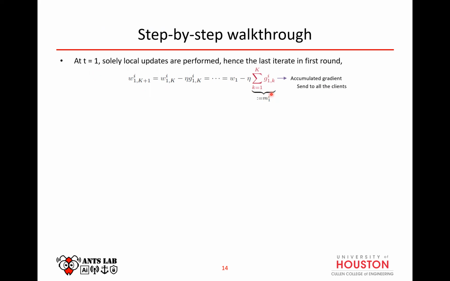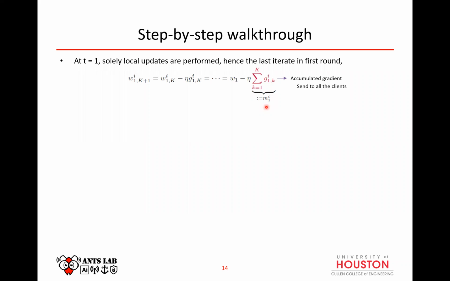This gradient can also be written as the summation of the gradients computed at each local round. K is your local round, i is your per-device index, and N is the total number of devices. The 1 over here is nothing but the t value, 1, so you have G, T, K, i. That's how the notation stands. This is called the accumulated gradient because the gradient is accumulated across each local round, across the mini batch, and finally this is what you will be sending out to all the clients. For simplicity, we can denote this as M_T^i. At the end of this, the update is sent out to all the devices.